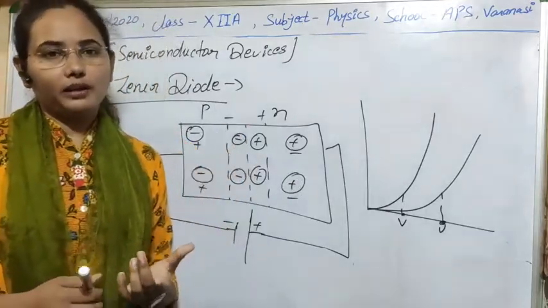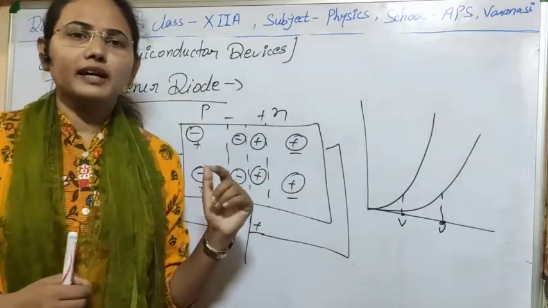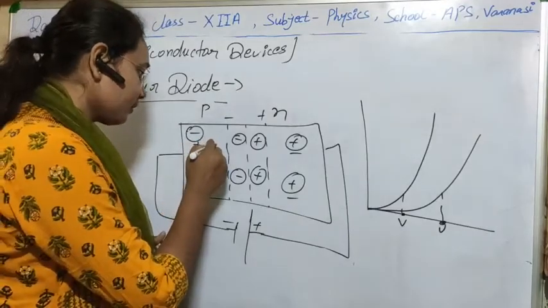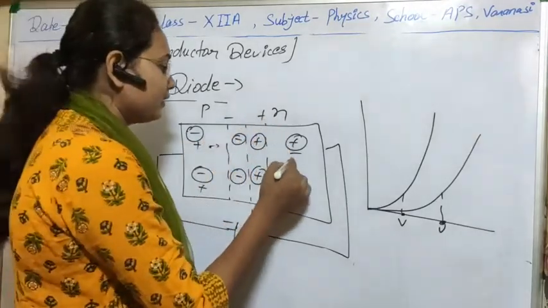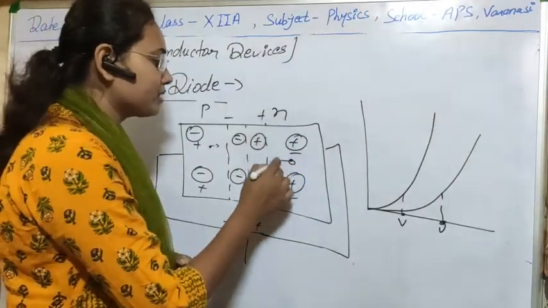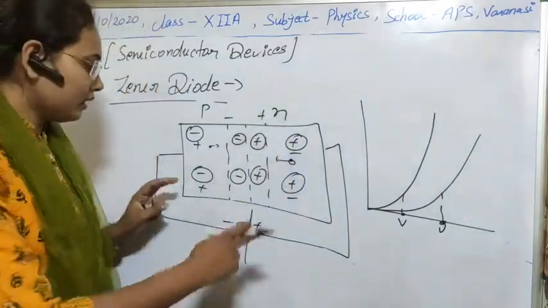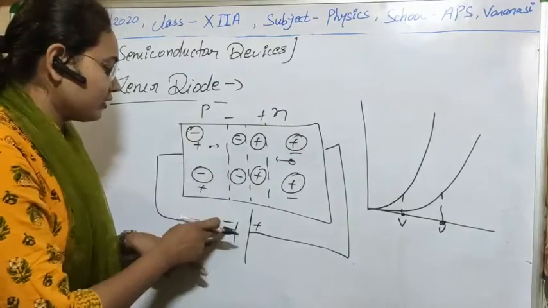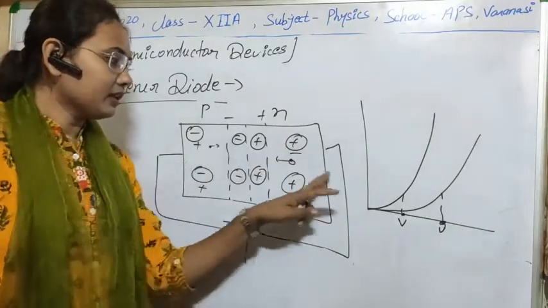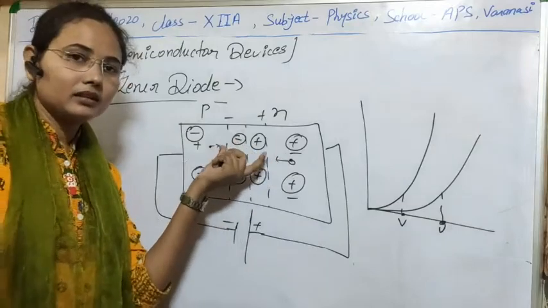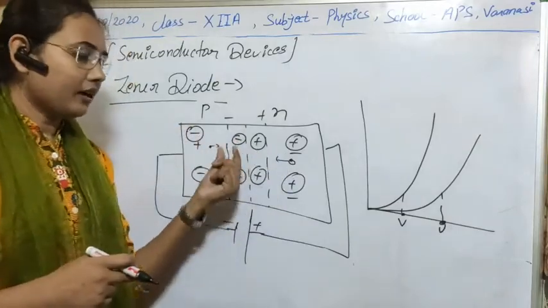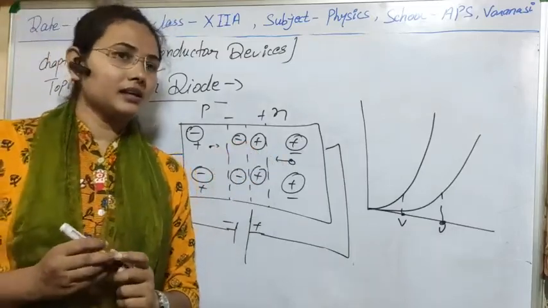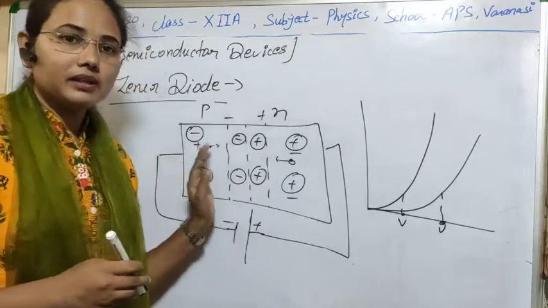meaning no current is obtained in the output, only a very, very small current. As you know, in p-type material there are some electrons which are minority carriers, and in n-type there are some holes which are minority carriers. For these minorities, this terminal is like forward bias for electrons, and this for holes, so they will be repelled, move to the junction and cross it after the increase of voltage. So due to only minority charge carriers we get some current, and this current is known as dark current. I think this is clear to you.